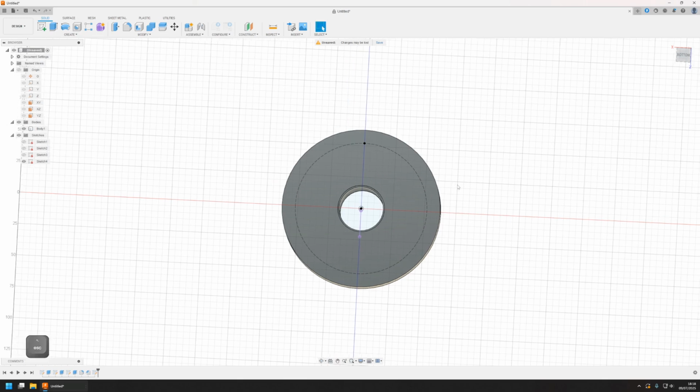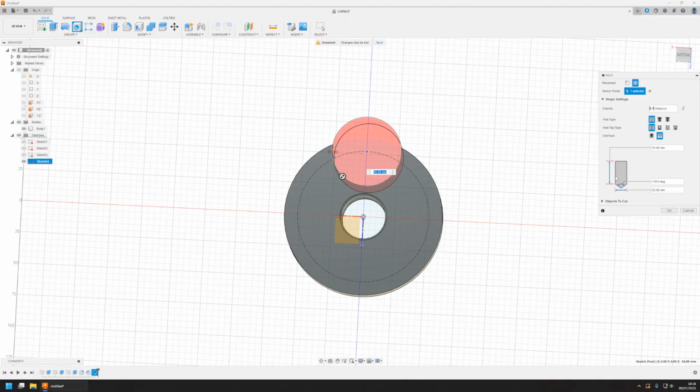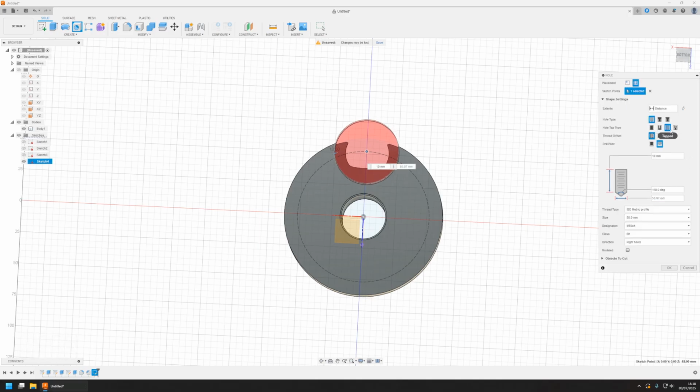Now we need to create one of the holes. We click on the hole command, select the point, and it opens up this menu here. Here you have some options to select for the holes. As you can see, our hole here needs to be about 10 millimeter deep, and it's going to be a tapped hole like this, and it's not going to be this diameter here. It's going to be closer to 8 millimeter because this is an M8. We also need to taper it, and we're going to select the countersink hole like this and click OK,